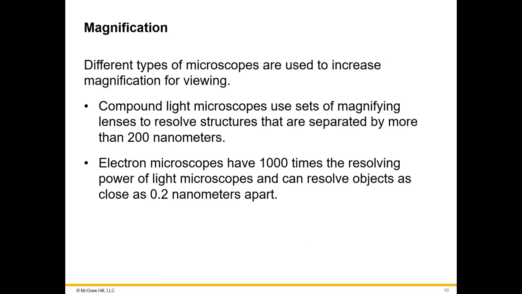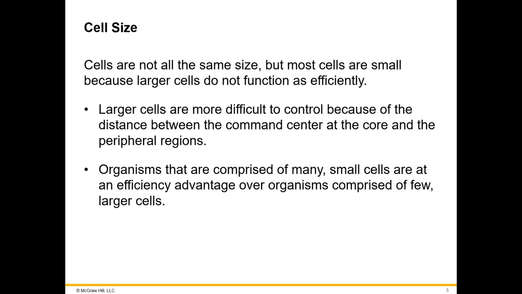We have different types of microscopes that are used to increase magnification. One of the most commonly used is the compound light microscope, and this uses sets of magnifying lenses to resolve structures that are separated by more than 200 nanometers. Electron microscopes have 1,000 times the resolving power of those light microscopes that we just mentioned, and they can resolve objects as close as 0.2 nanometers apart, which, if you'll remember from our previous slide,